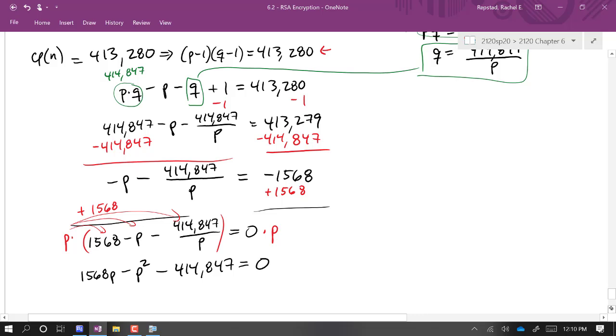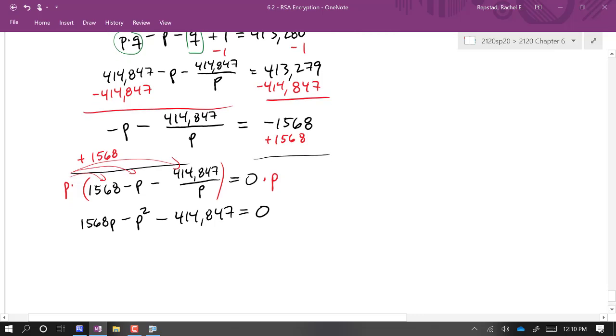I'm going to rearrange the order and also change all the signs, like multiply both sides by -1, just because I prefer to start with a positive coefficient on the p squared. And it won't change the other side because the other side is 0. So we have positive p squared minus 1568p plus